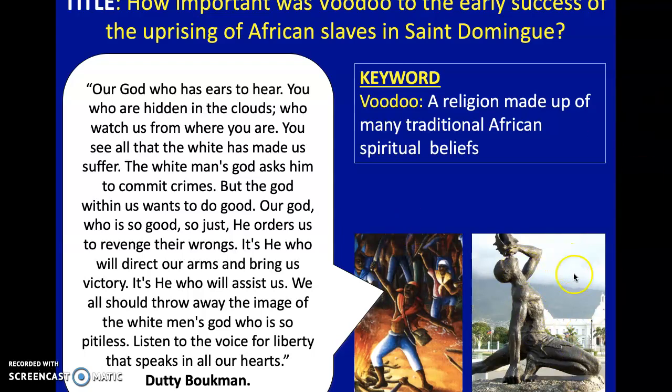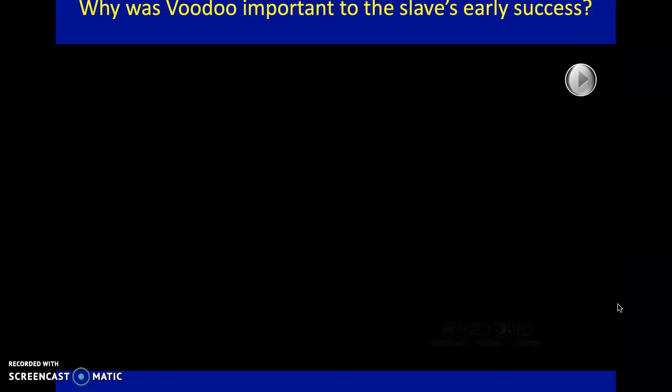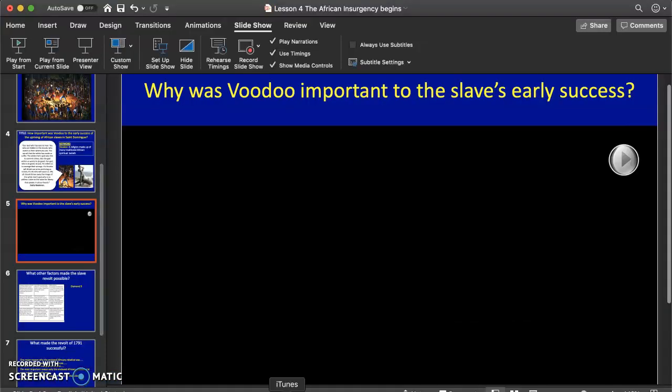You can see here outside that Parliament building that we saw in the very first lesson, there is a statue of Dutty Boukman. He really set the revolution in motion. Even before Toussaint joined, he brought the people together and he gave them a command that they would find liberty one way or another. What I need you to do is open up the video file in our Teams page